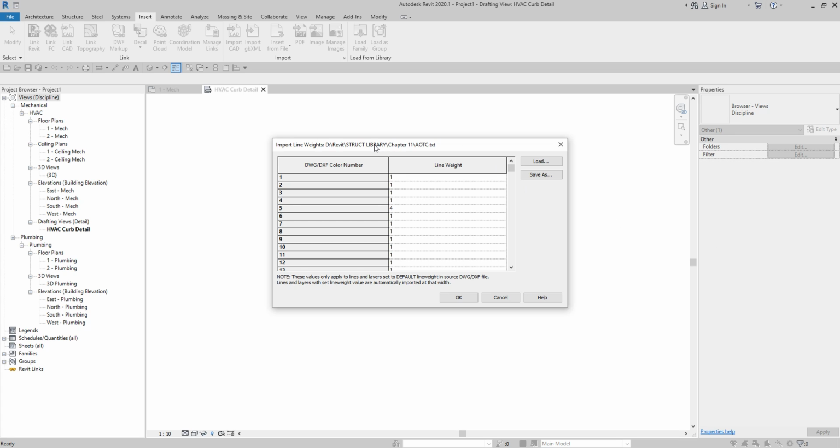Okay, and using this dialog box, you can map colors from a DWG or DXF file to Revit line weights and save these mappings in a text file. So you can create as many text files as required and then load the required files. As you can see here, I already created